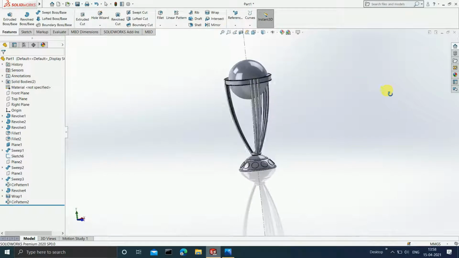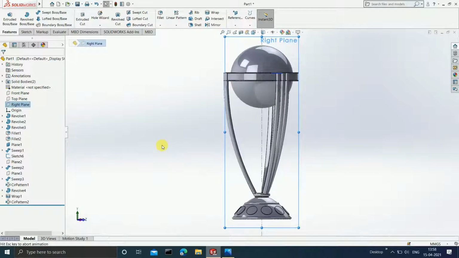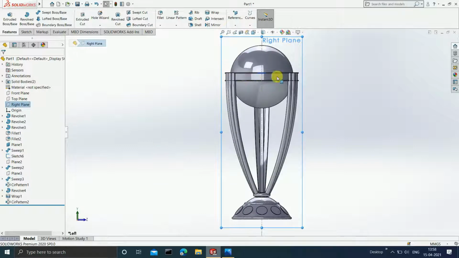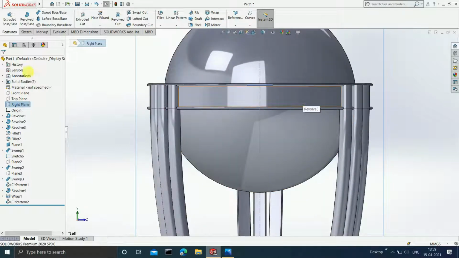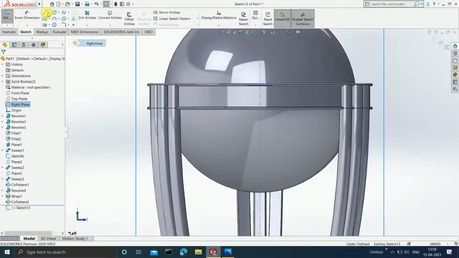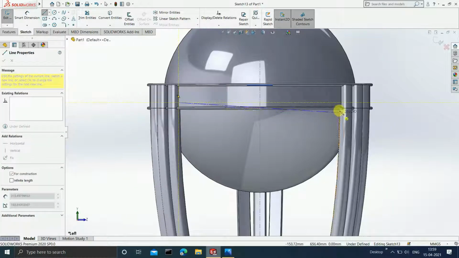Now the next thing, the last thing that you are left with is just to write the ICC World Cup on this. See, over here it is written ICC World Cup, so we have to write that as well. So for that, again I am going to make use of right plane, click on sketch, and I am going to draw a center line first. Okay, escape.